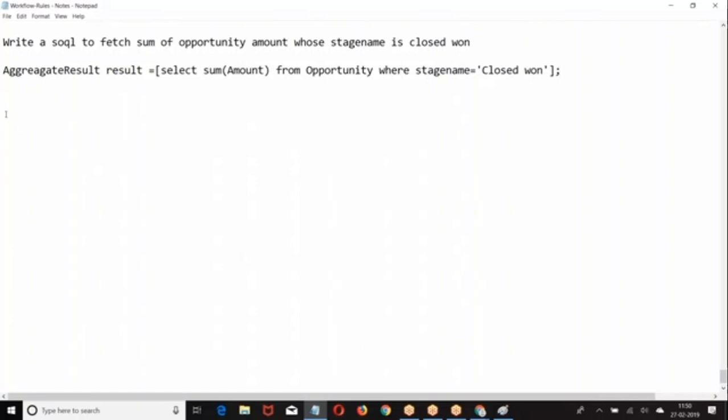Then there are a few things which you need to understand apart from the SOQL queries. You have written almost all the formats of SOQL. There are a few things which you need to consider while going for an interview. One is SOQL injection, then locking the records. These are the 2 points which people will expect from you: SOQL injection and locking the records.